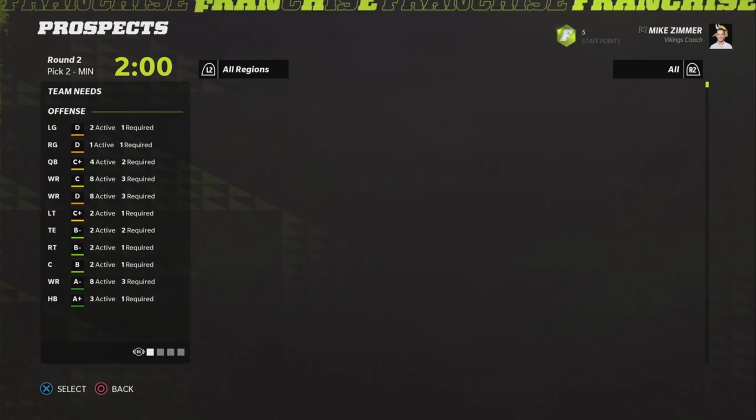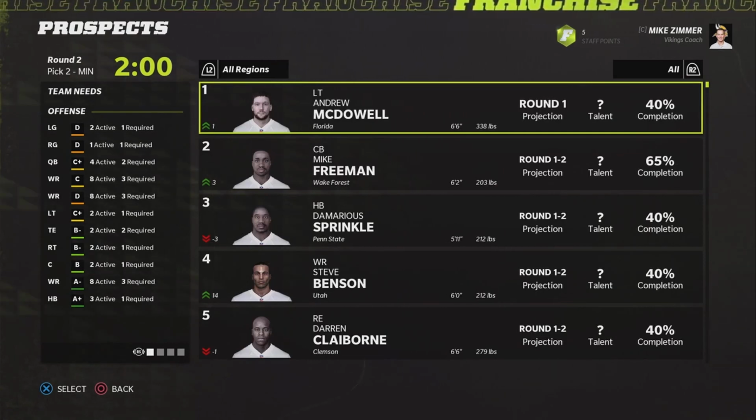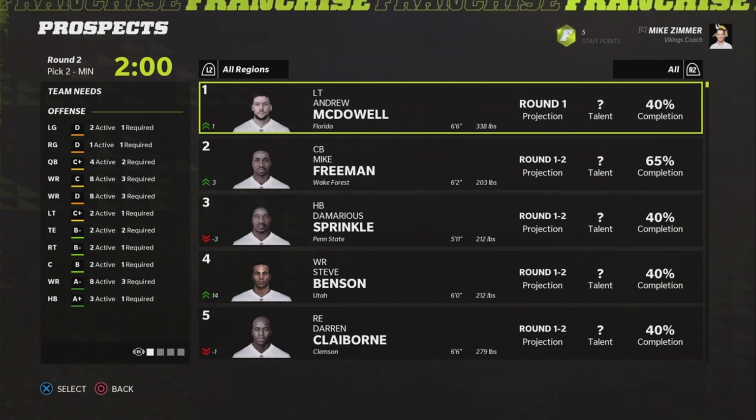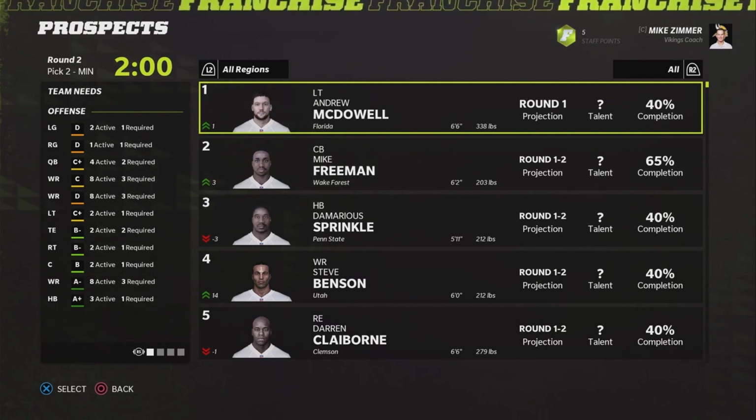So anyway, let's go back to all regions. We got our quarterback. We know now that we have wide receiver, defensive end, corner, and tight end left on our scouts' areas of expertise. And let's see what is available. Well, Andrew Mcdowell is actually still available. This is what I was talking about. Some of these guys,